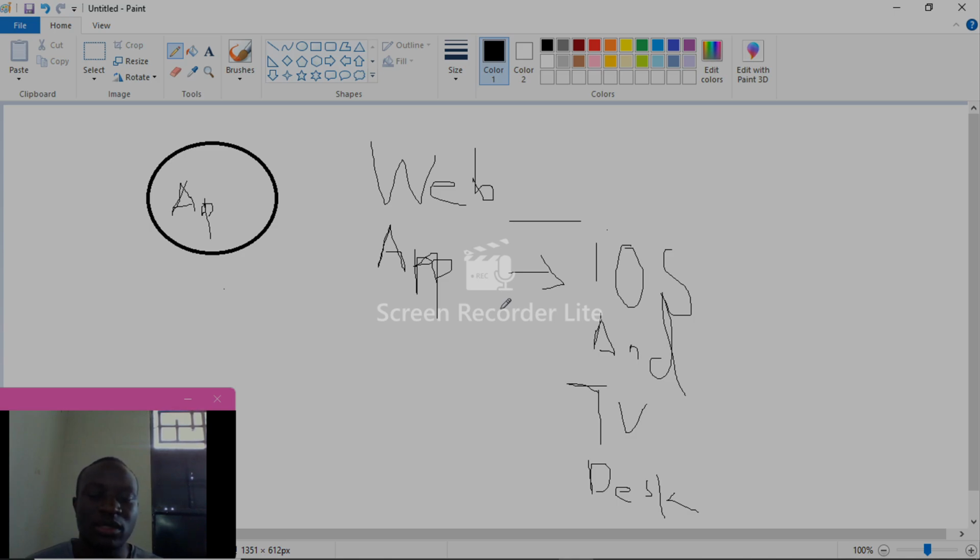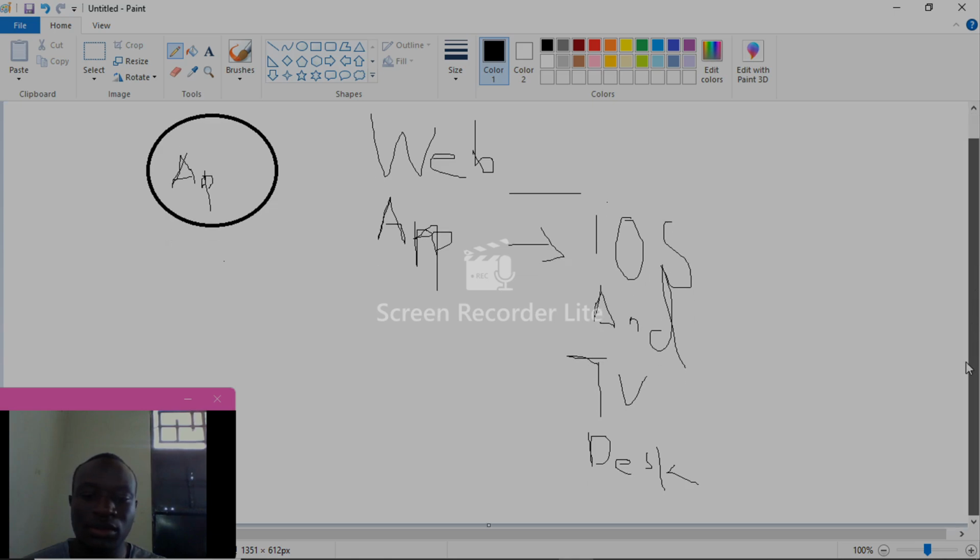So to achieve that, we'll need to have a front end and a backend